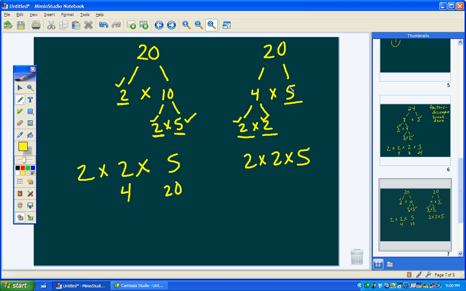So it didn't matter which way you started. If you got to the end result the same, you're good. Your prime factorization, if you think you have prime factorization, all the numbers in that should be prime. If I have a 4 in there or a 6 in there, I know that I've done something wrong. You'll be doing